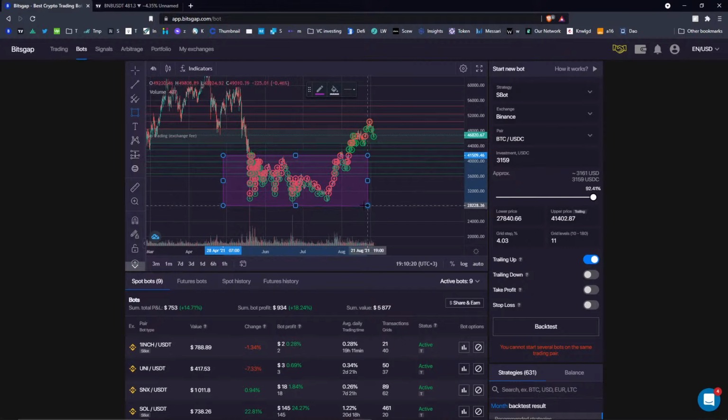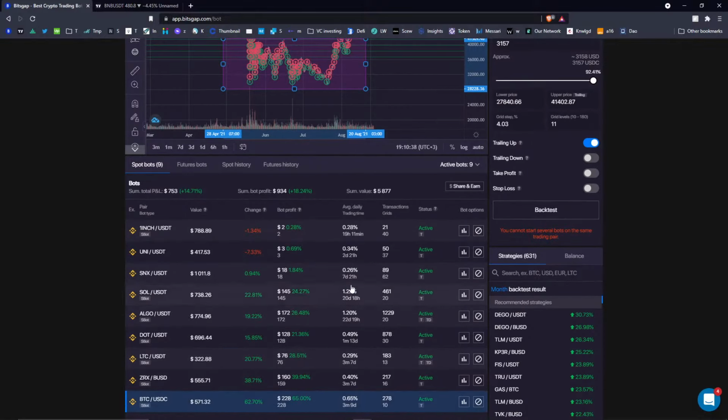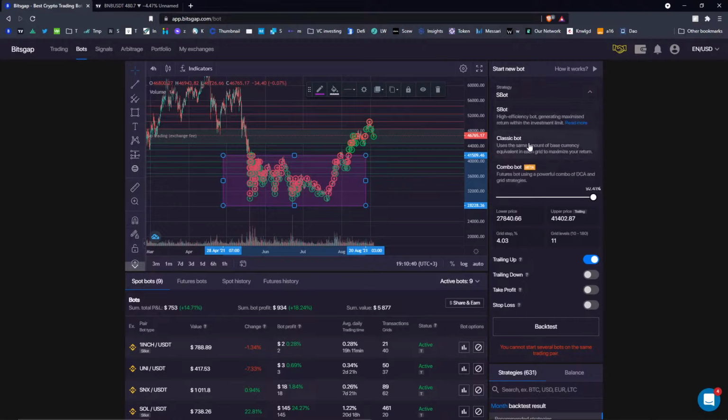So you see the price was moving sideways during this prolonged period of the last 3 months, but eventually it broke the upper limit, and now it makes sense to flip this strategy to the classic bot, because we know that the classic bot brings you more returns on a rising market, and the market has pretty much proven to us that the bullish momentum is solid enough, and that's why the price is still staying above the 41k,